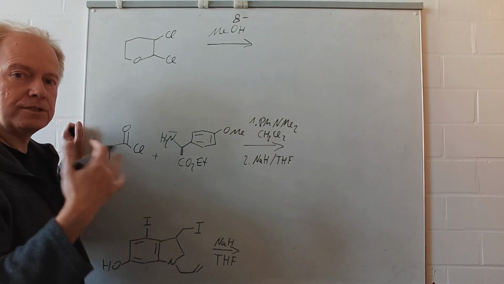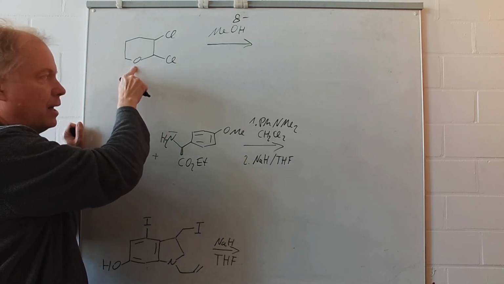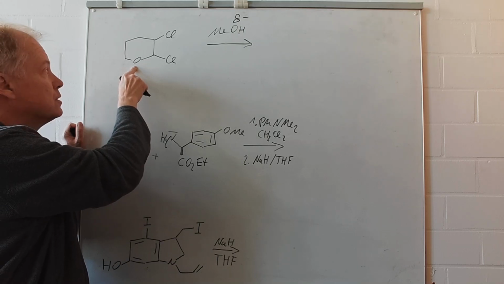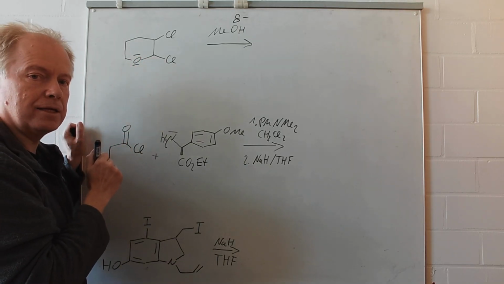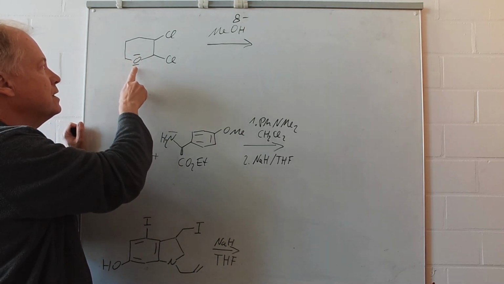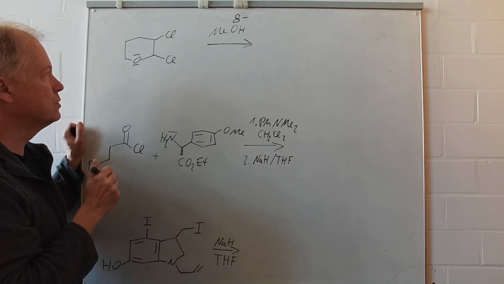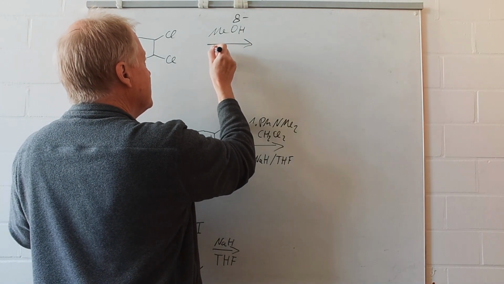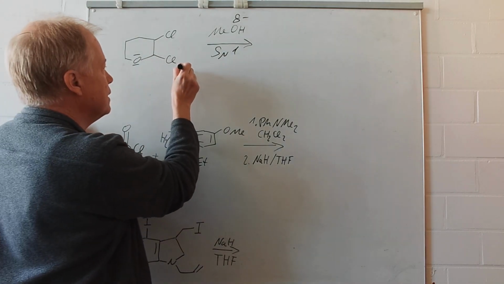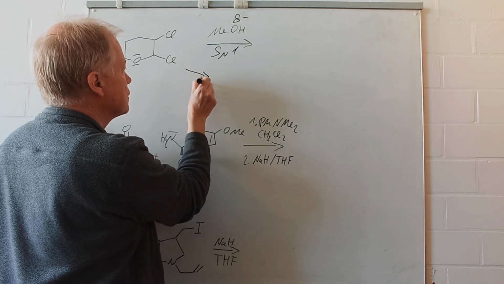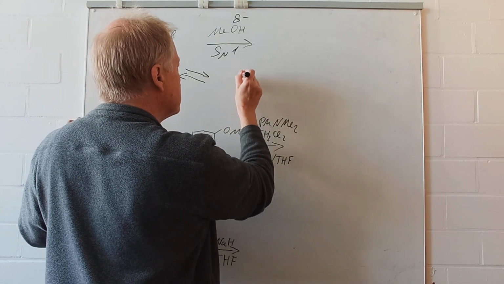We have a selectivity problem, but the oxygen has an important influence. Again, the free electron pairs can stabilize a positive charge in the alpha position. So an SN1 process will take place with the formation of